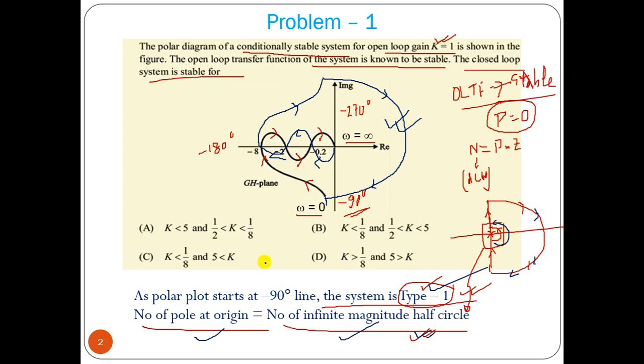I have solved 3 problems in the previous lecture video, lecture number 24, where I took one problem with respect to s, another with respect to s square, and another with respect to s cube. You can look into that. For s we will have only one half circle, for s square we have two half circles, and for the s cube term we have three half circles. From that we can conclude this, and how we are getting that I have explained in that video.